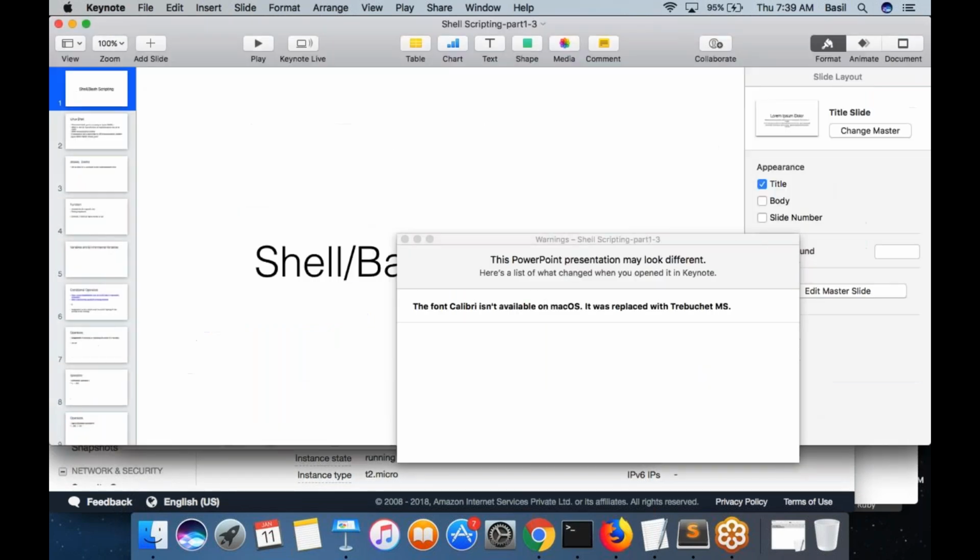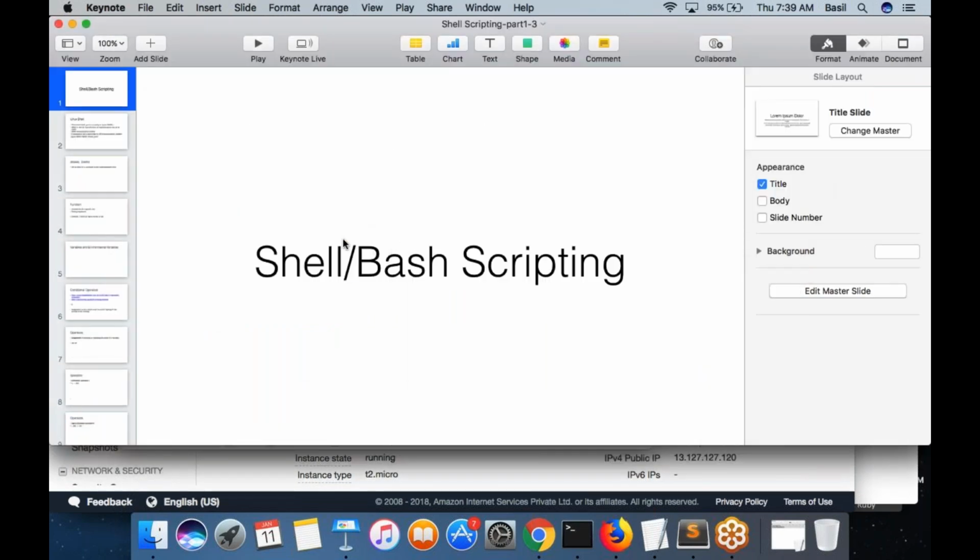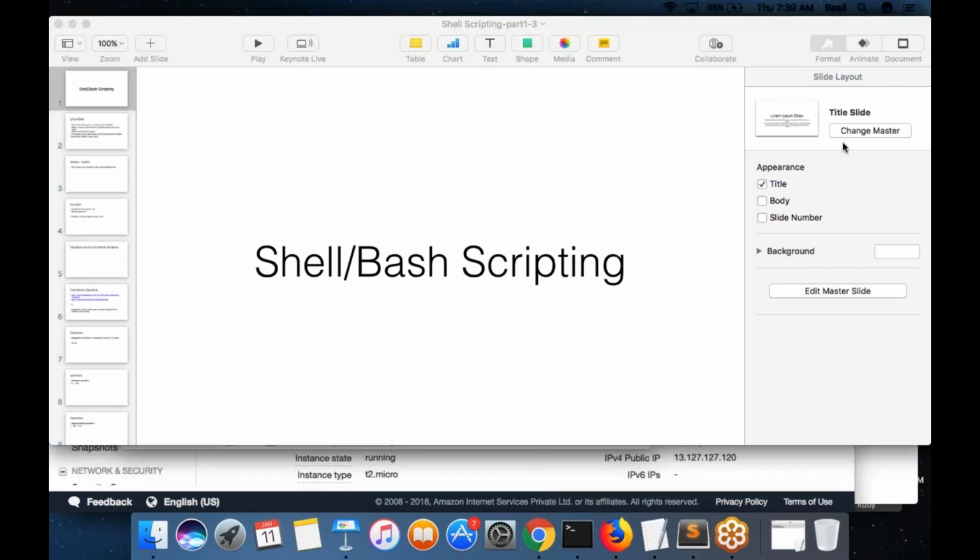So what is a shell? What is a shell in Linux? It's nothing but your command line. When you log into the remote Linux machine from your putty, what you get is a black color window. That is a shell. It is on that shell you are going to execute your command. That's what a shell is.